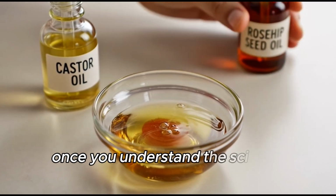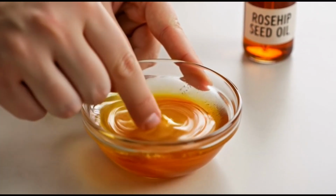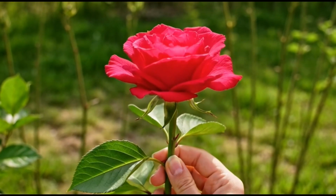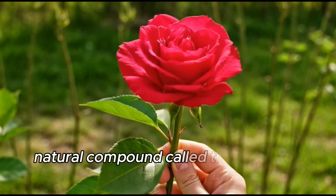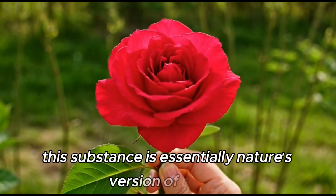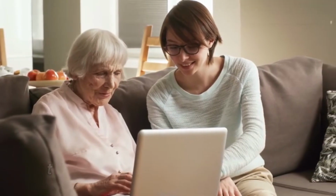Once you understand the science behind it, you will clearly see why it deserves the #1 spot. Rosehip seed oil is extracted from the seeds of wild rose plants. What makes it special is that it contains a rare natural compound called trans-retinoic acid. This substance is essentially nature's version of retinol, the well-known ingredient dermatologists have used for decades to treat wrinkles and